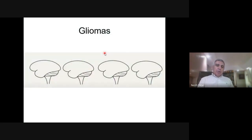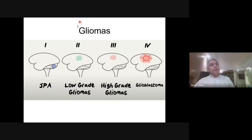When we come to gliomas, we grade them differently from other cancers. We don't use phases, we use grades: grade 1, grade 2, grade 3, or grade 4. This classification is used all around the world and is special for CNS tumors. Gliomas,